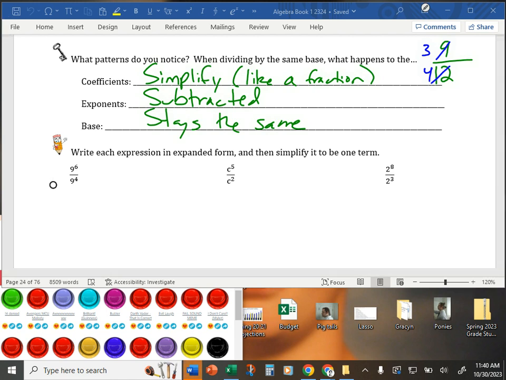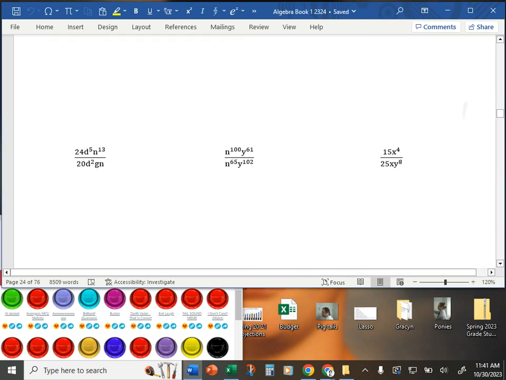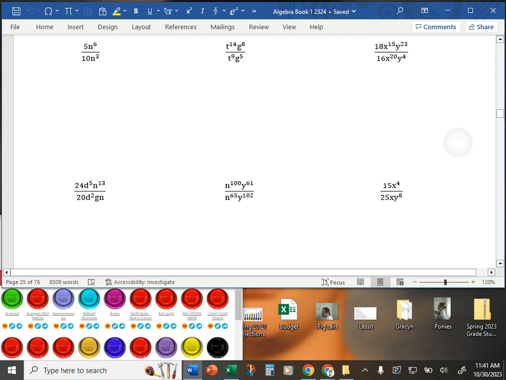So if you're thinking, my gosh, that's like the exact opposite of what we do in CO10. In CO10, when you multiply by the same base, the coefficients are multiplied. Here they're simplified. The exponents in CO10 were added. Here in CO11 they're subtracted. That's because multiplication is the exact opposite of division, right? They're opposite operations. So if we're doing the opposite thing, then our rule is going to be pretty much the exact opposite. So, armed with this knowledge, let's go back to the n to the 100th y to the 61st,